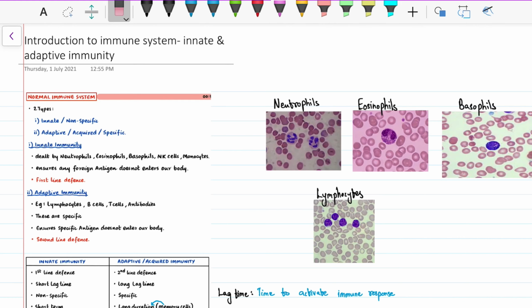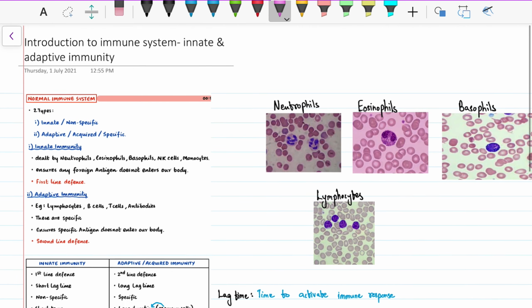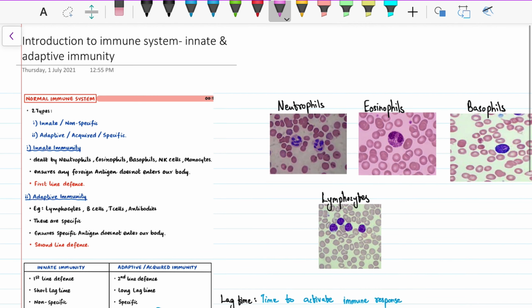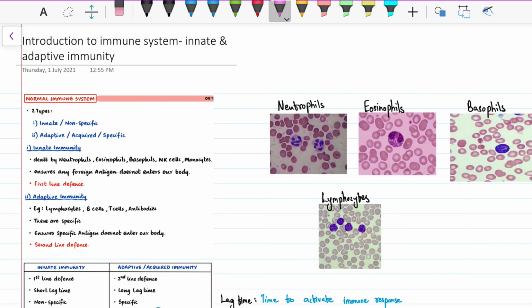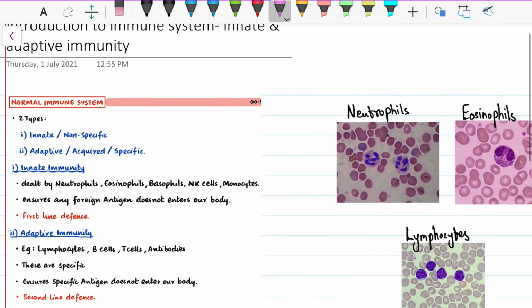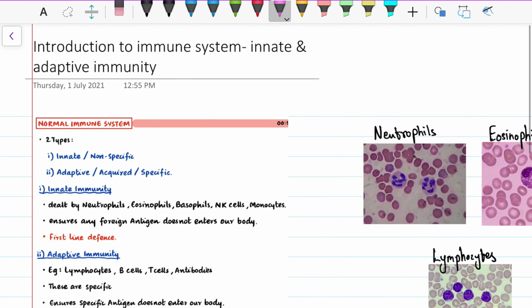And today we'll be discussing the immune system, the introduction part. The immune system is used to fight off an antigen, or something which comes to cause us disease. There are two ways by which our body fights. First is innate immunity, which is in our body by birth, and then adaptive immunity, which we learn in due course of time.